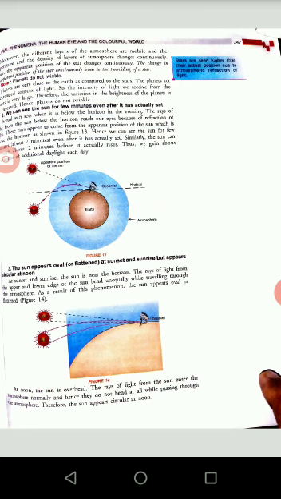Now, the other part: planets do not twinkle. We know that planets are very close to us, closer to Earth as compared to the stars. The planet acts as an extended source of light. So, the intensity of light we receive from the planet is very large. Therefore, the variation of brightness of the planet is not detected. Hence, the planet does not twinkle.